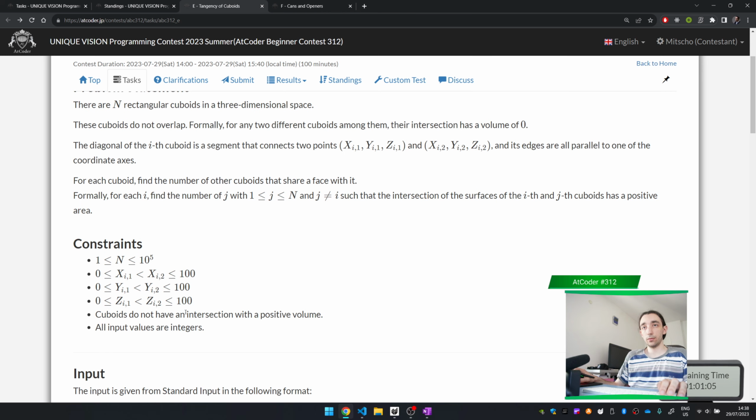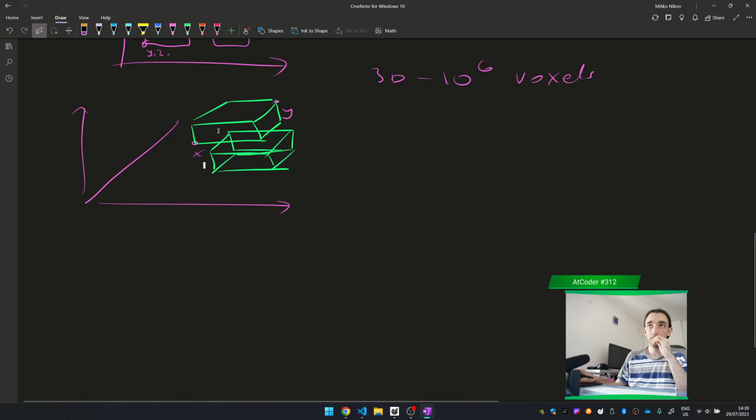It's very suspicious that they're very small. So you start from here, and then this will propagate up